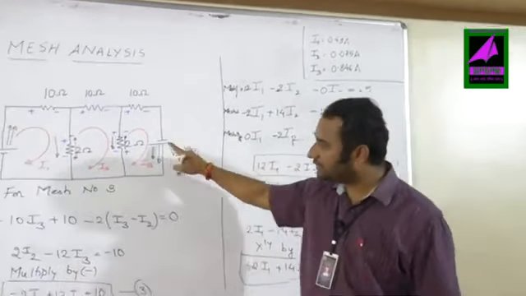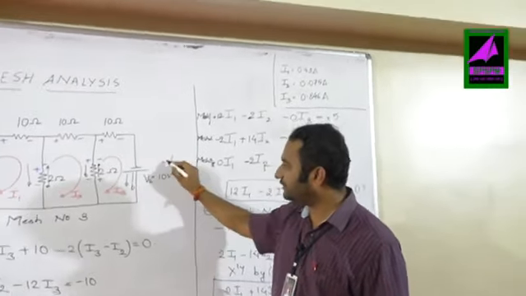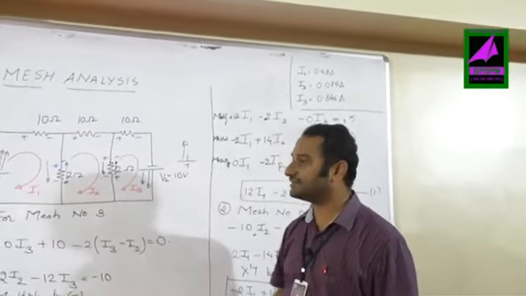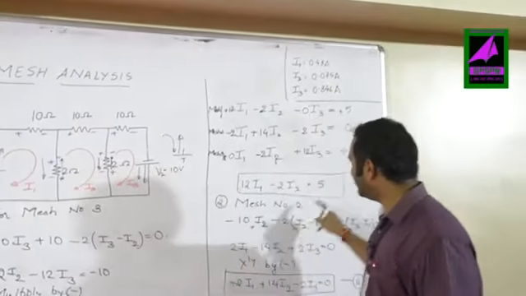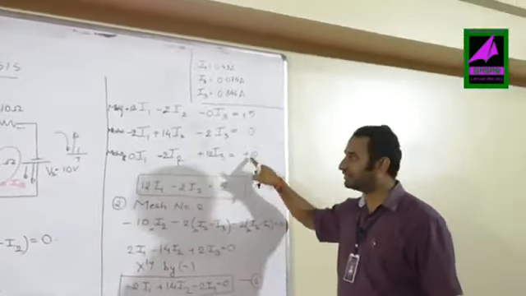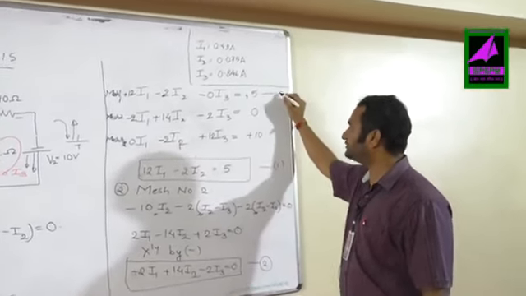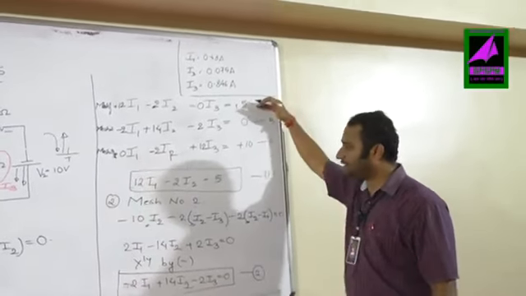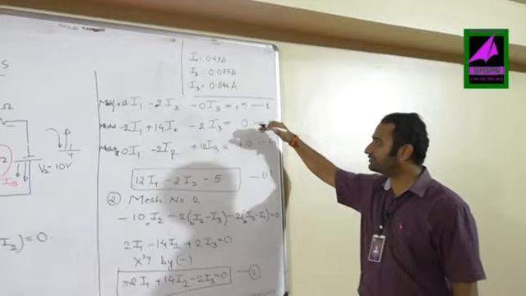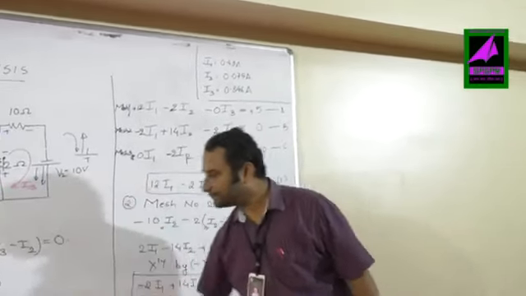Suppose if this would have been reverse, if plus is on the top, minus is on the bottom, then this supply says that the current should move like this and the current that we have assumed is something like this. Both are opposite to each other, then I would have taken it as minus 10. But otherwise it is plus 10. Now we will try to compare. I will say that this is equation number A, equation number B and equation number C. Now equation number A must match with equation number 1, equation number B must match with equation number 2 and equation number C must match with equation number 3.